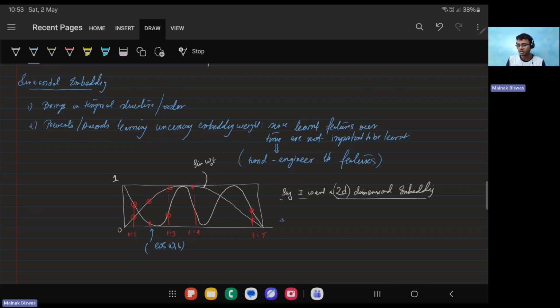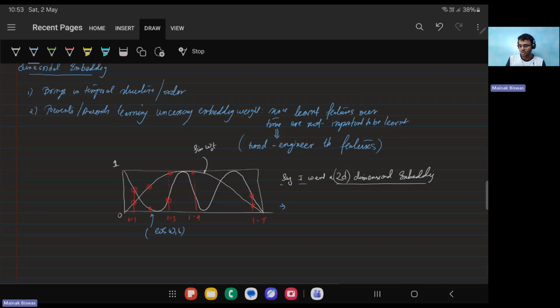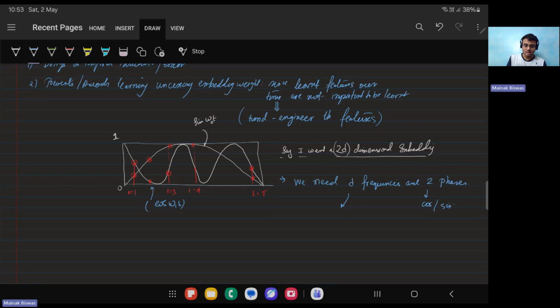So if I want a 2D-dimensional embedding, we need d frequencies and two phases. Two phases is cos and sine, and d frequencies, as the Attention Is All You Need paper showed,